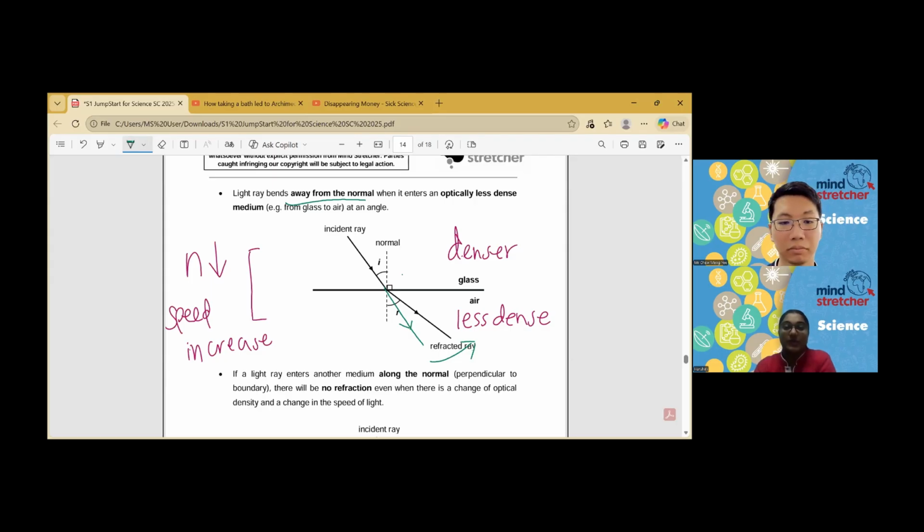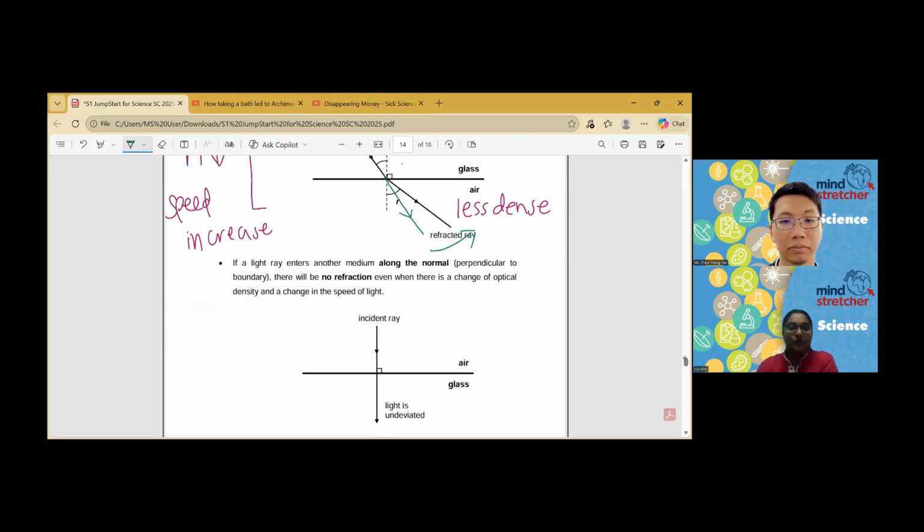Okay, so that will be the difference if it's the opposite. So how do you remember this? An easy acronym for you to remember. You can remember it as FAST. What this means is that when the speed of light is fast, what is going to happen